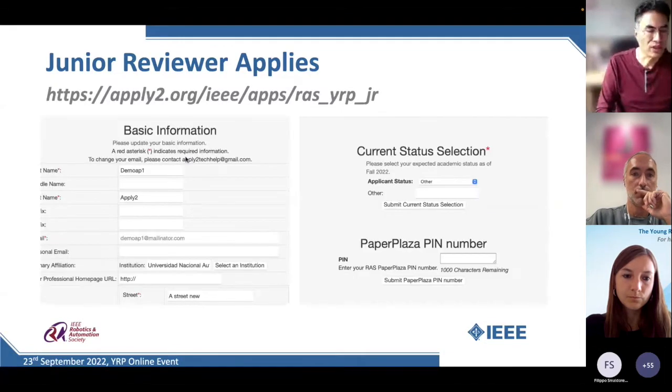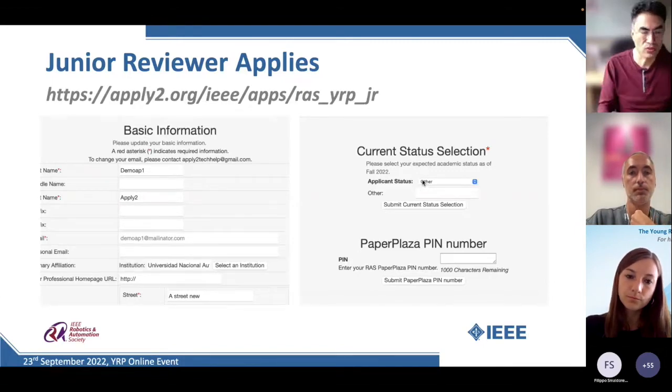So this is actually what you will see when you click on create application. You will provide your general information over here, and it's a form. You just need to move through the form, and I will show you the form in a second. There you will be able to provide your current status, whether you are a PhD student, a master's student, an undergraduate student, or even a postdoctoral researcher,